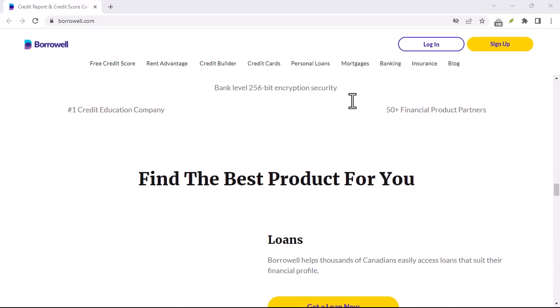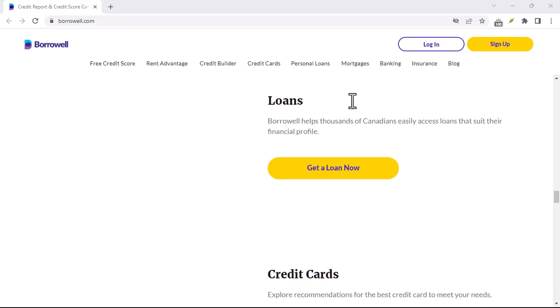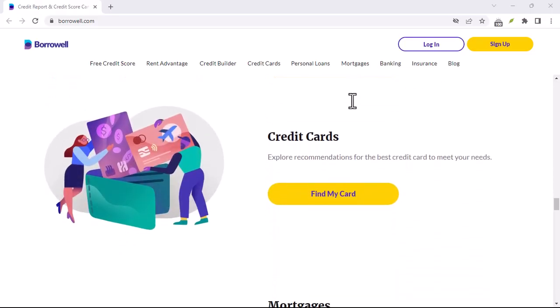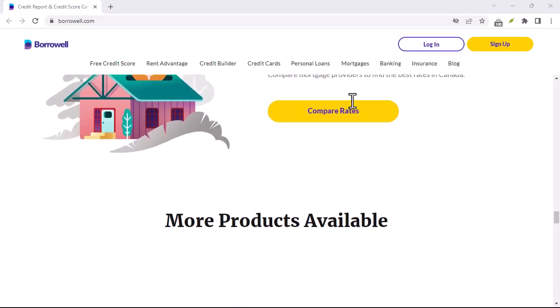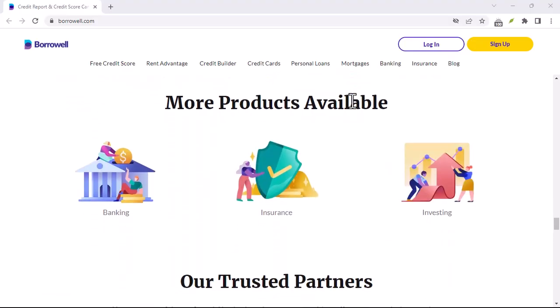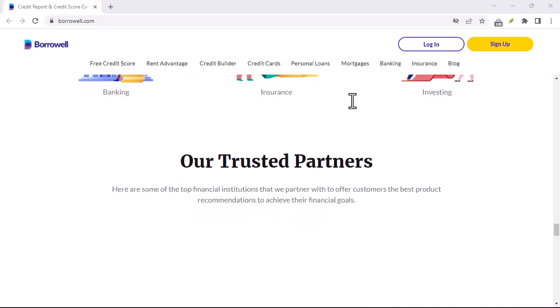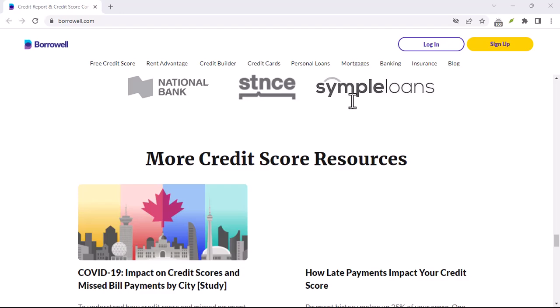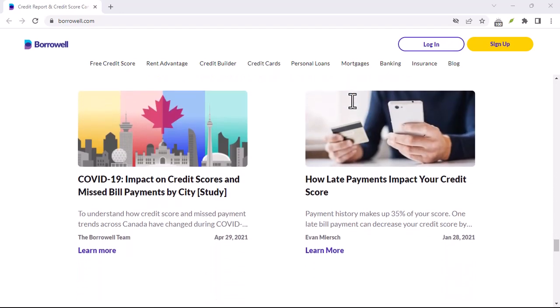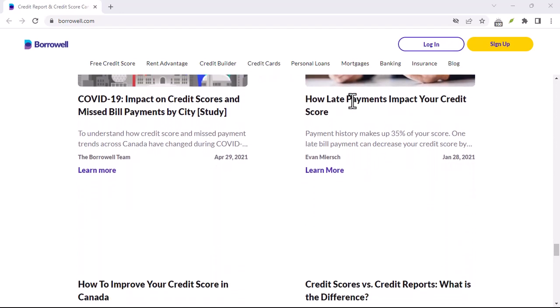your dashboard. This report is a detailed summary of your credit history, including accounts, payment history, and credit inquiries. Regularly checking your report this way is an excellent practice for monitoring your financial health and watching for any errors or potential fraud. In short, Borrowell is a reliable and free way to access your credit report and stay informed